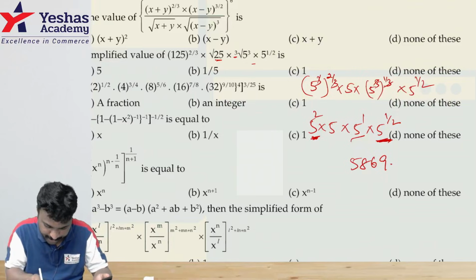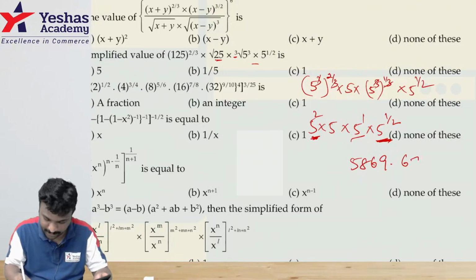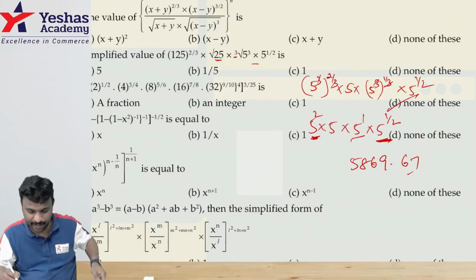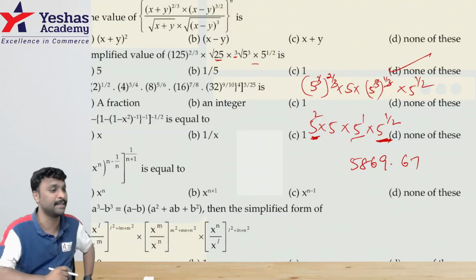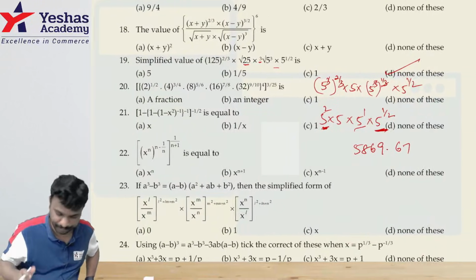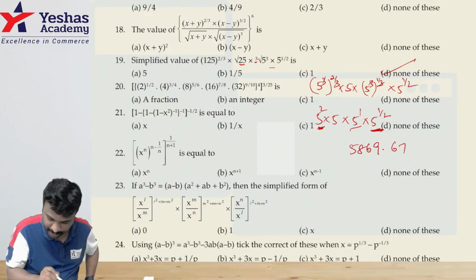Oh, there's no denominator, right? So 0.67. That means none of this should be the answer for this. Which one? Option D is the answer. You understood? See, it's 125 power